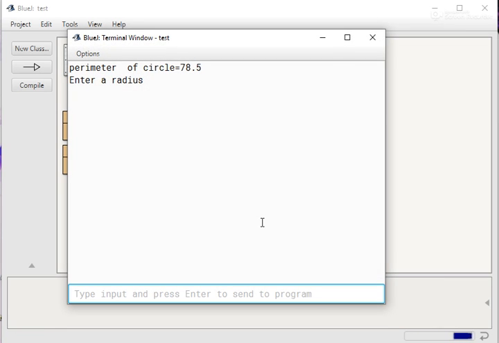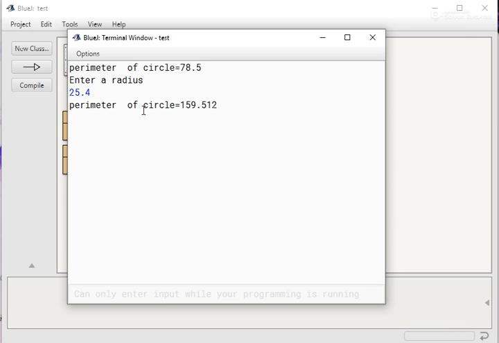Okay. During runtime, there is a message enter a radius. Now we can type any radius. Suppose 25.4, enter. Now the value is calculated according to 25.4.